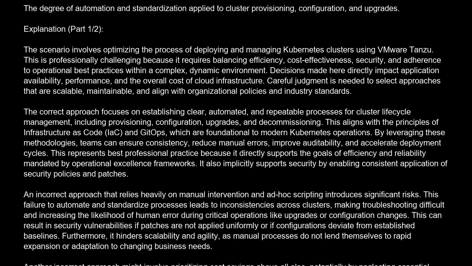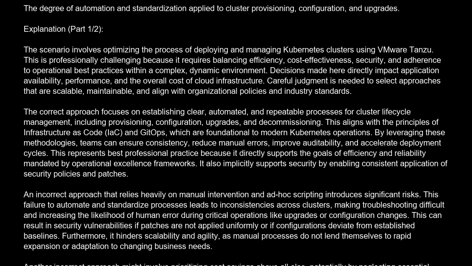This failure to automate and standardize processes leads to inconsistencies across clusters, making troubleshooting difficult and increasing the likelihood of human error during critical operations like upgrades or configuration changes. This can result in security vulnerabilities if patches are not applied uniformly or if configurations deviate from established baselines. Furthermore, it hinders scalability and agility, as manual processes do not lend themselves to rapid expansion or adaptation to changing